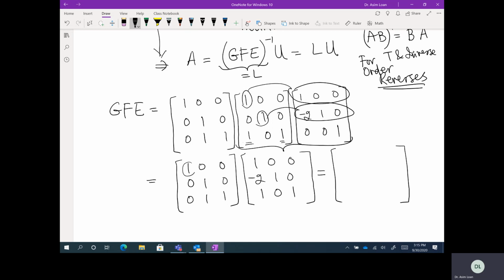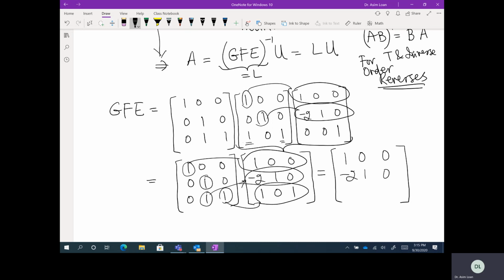So if I again do, this is weighting the first row, so I have 1 0 0. This is weighting the second row, minus 2 1 0, and this is actually adding the second and the third row. So second and third, you add them. Minus 2 plus 1 is minus 1 1 1, right? So GFE is 1 0 0, minus 2 1 0, minus 1 1 1,